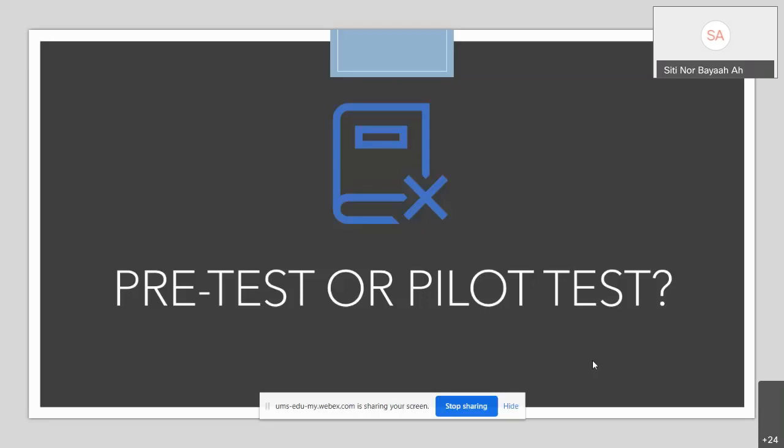Some of the issues will be language, terms and jargon that people may not understand. So before you start with a pilot test, which means you have a sample of about 30 respondents to test your questionnaire,